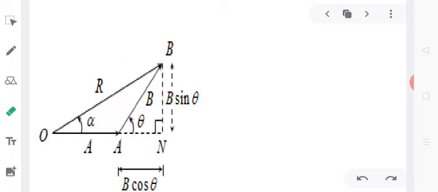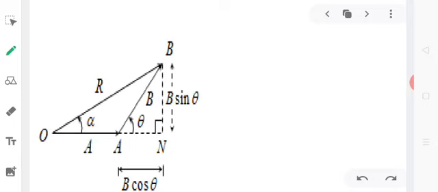We shall be obtaining the magnitude and direction of the resultant vector using this law of vector addition. So that is the analytical method of obtaining the magnitude and direction. For this we shall refer to this diagram. As you can see in the diagram, let the two vectors A and B inclined at an angle theta be acting on a particle at the same time. So we can give the vector notation on A as well as on B. But for the sake of convenience, we shall omit it because we are just considering the magnitude.